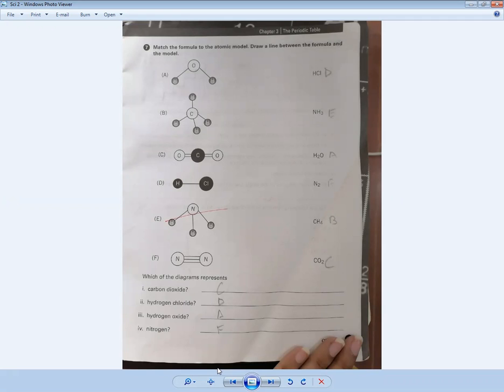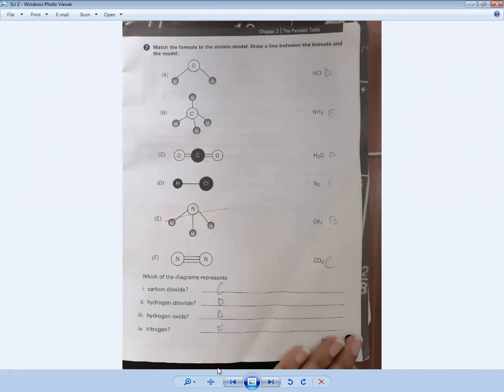Now come to the next part, B part. You can see in the center there is one atom which is showing carbon, and along with it there are four atoms of hydrogen: 1, 2, 3, 4. So the chemical formula for this model should be CH4. CH4 is methane gas. The other name of methane gas is natural gas, and the other name of natural gas is sui gas. You all know, you all use it at your home, in your stores, in your kitchens. That is methane gas.